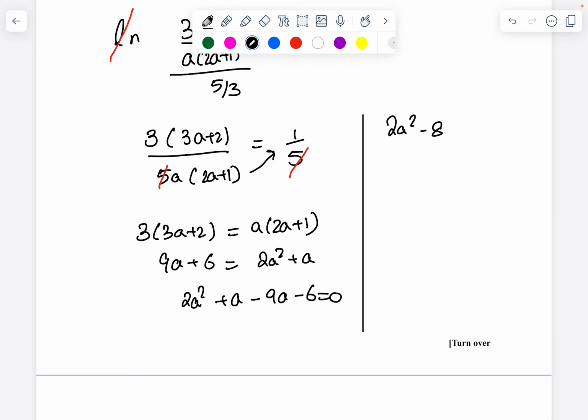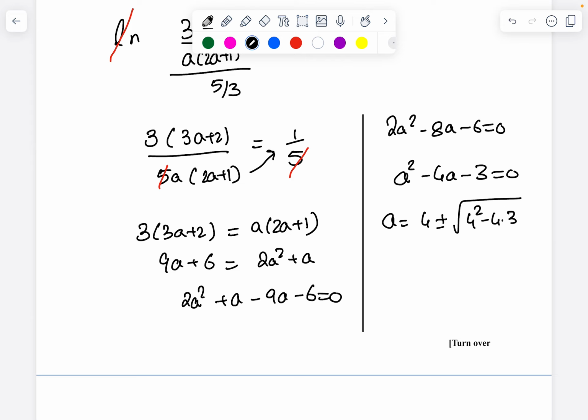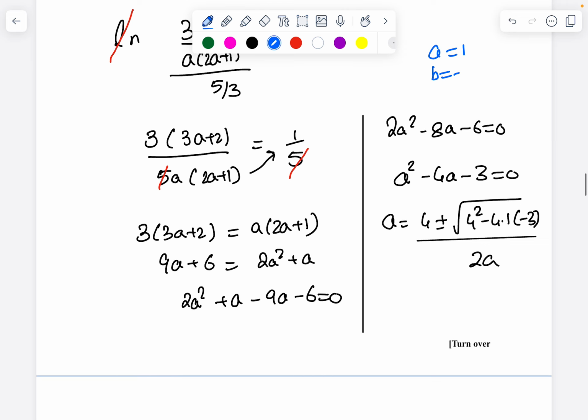2a square minus 8a minus 6 equals 0. So a square minus 4a minus 3 equals 0. So a equals minus b plus minus square root of b square minus 4ac upon 2a. I use the formula. What is the formula I have used here? a equals 1, b equals minus 4,